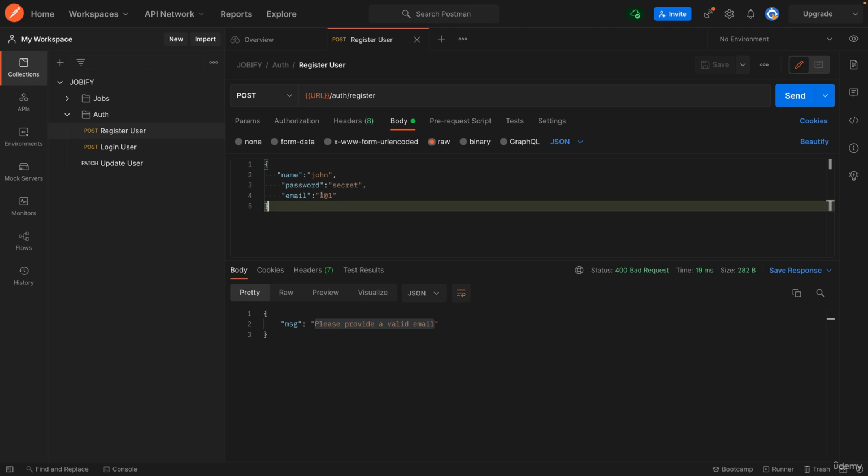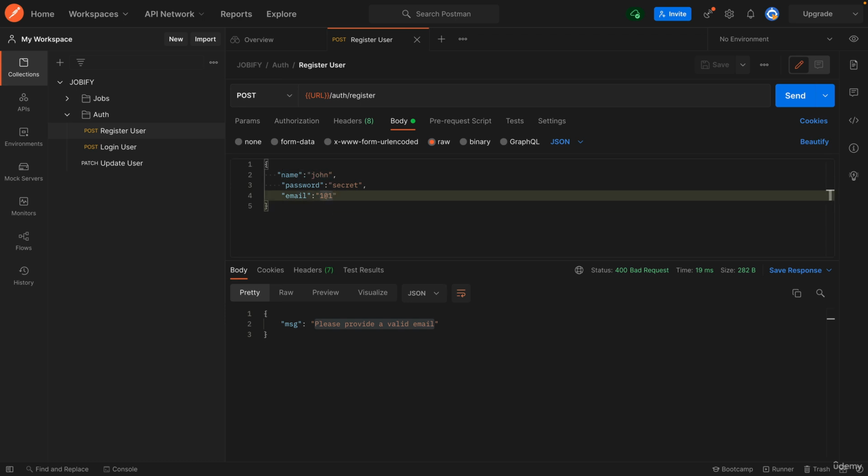All right, and one more error that I want to handle is the unique error. So I already registered John with john@gmail.com. So even if I change the name here and say Peter, but I still use the same email, I should get back the error. Now, at the moment, the error is going to be generic, correct? We'll have "something went wrong, try again later," and again, the response is 500 because we're not checking for that